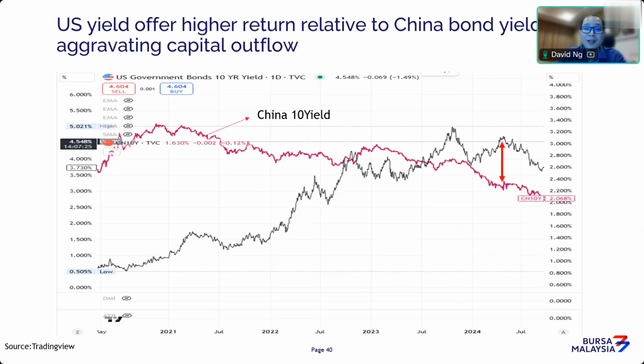But since then, you can start to see the gap between the US yields and the China government yields or treasury yields starting to narrow, and in fact now it's actually become a premium market for US. That means the US treasury market is definitely in favor. They are offering higher yields as compared to China. So therefore, that explains why the forex outflow has actually been massive, and this kind of outflow will cause a lot of weakness in the RMB currency.